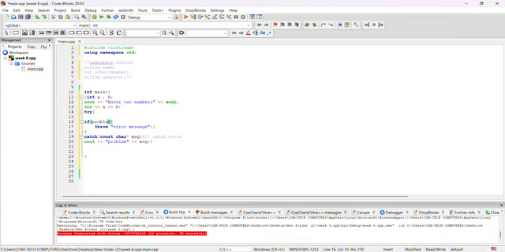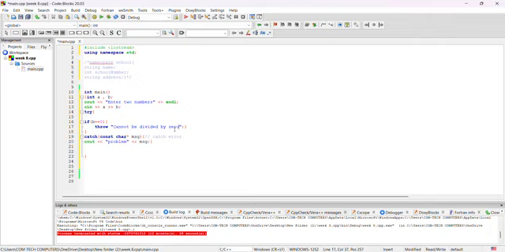Now what is the problem? Let's look at the problem. Since b is the second number, if b is equal to zero, that will cause an error. Then we throw this message, or we throw this exception: "Cannot be divided by zero." So this is the exception, cannot be divided by zero. Then